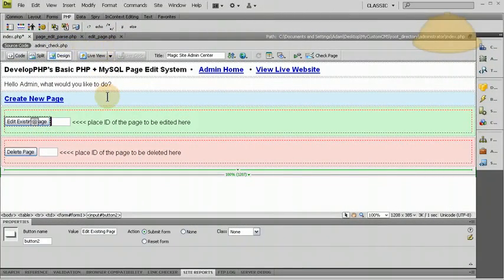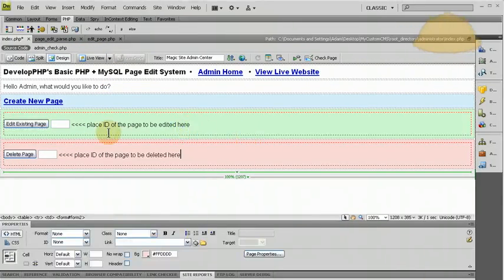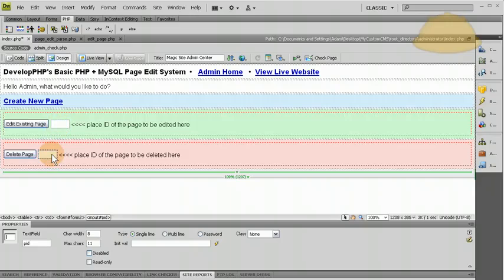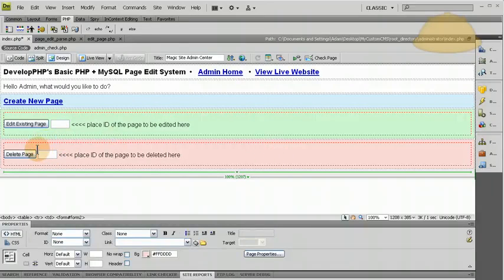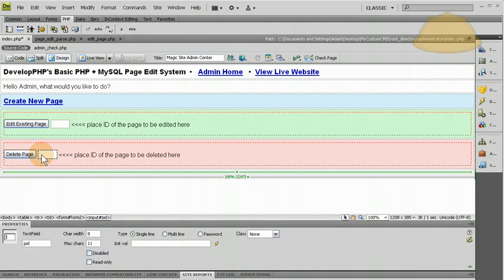So now let's discuss the delete page. This is very simple, very small. When the admin is on the home page of the admin center and they want to use the little form here for deleting a page, it works very similar to the way this one works, where they have to put in a number here, and if they don't, they get the JavaScript alert warning box come up. And so once they put in one they want to delete,